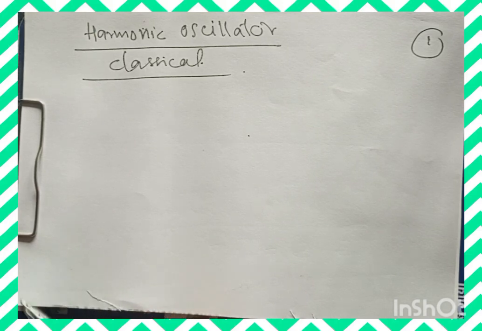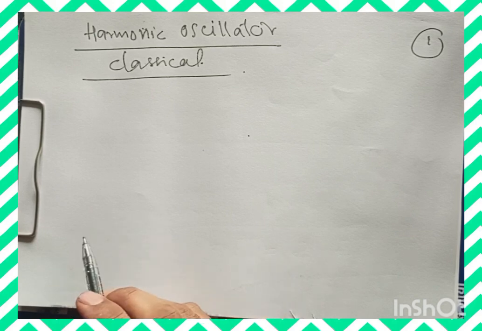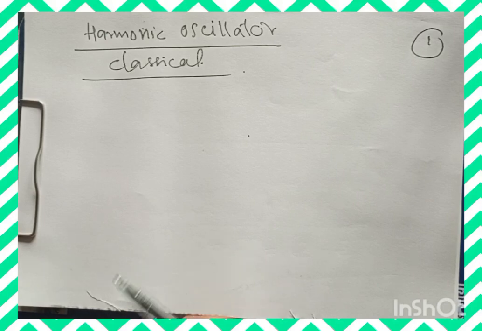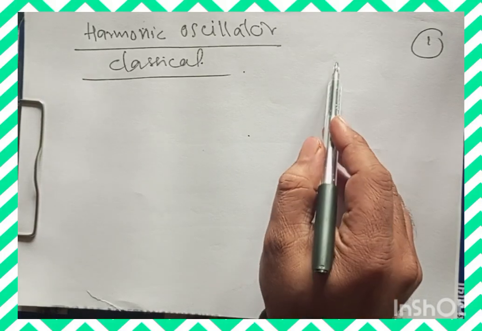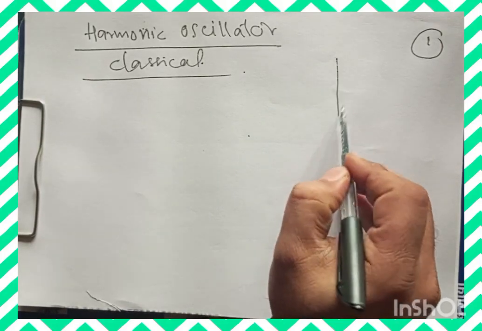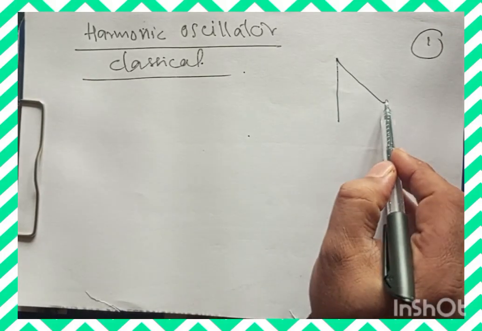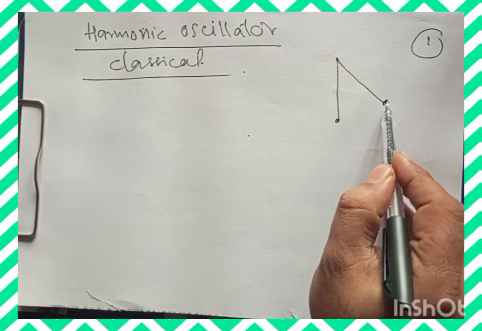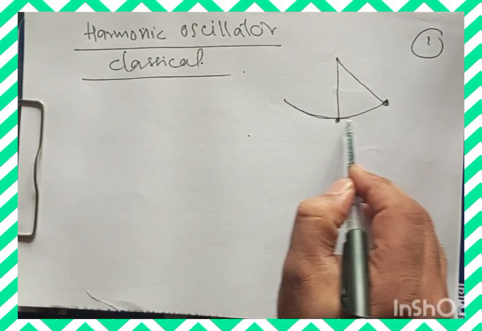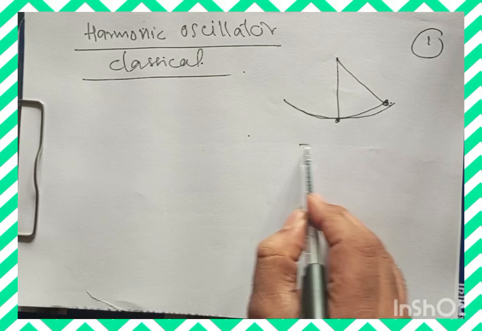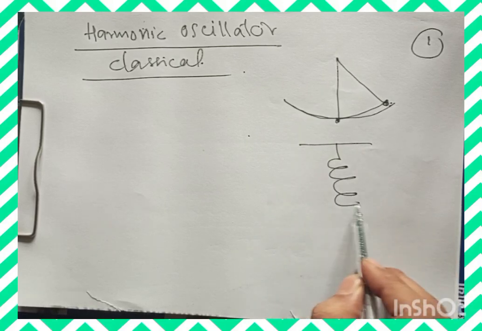And everybody is aware of what harmonic motion means. This harmonic motion takes place when a system of some kind vibrates about its mean position. If I have a pendulum, and it vibrates from its mean position, this is going to give us oscillations. We can have an example of a spring